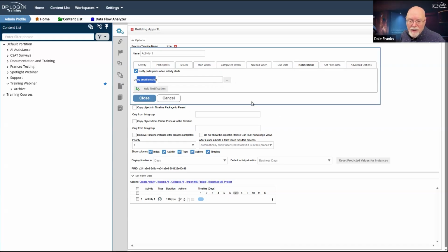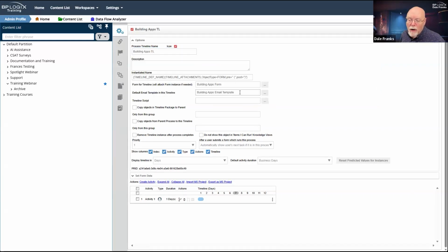So if you need to do that, that's always available to you. But for the most part, a single email template used as default is good enough to get you through the vast majority of circumstances that you're going to encounter with an email.